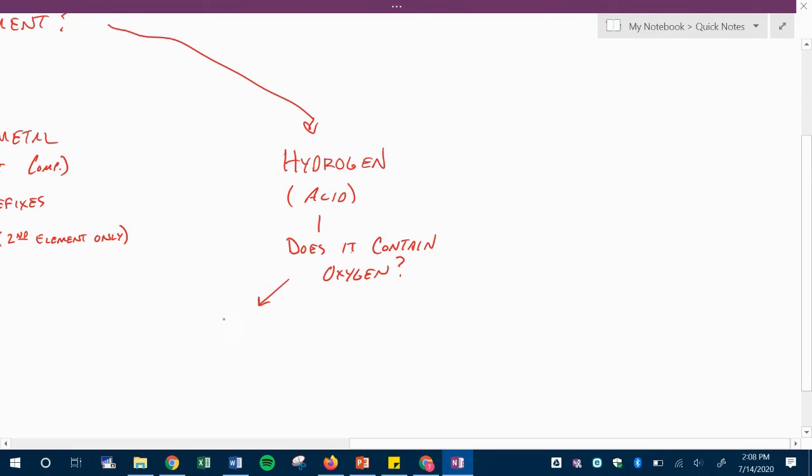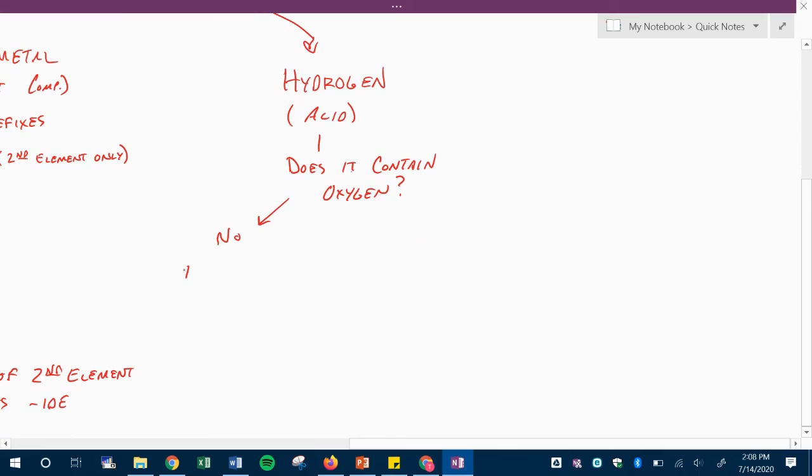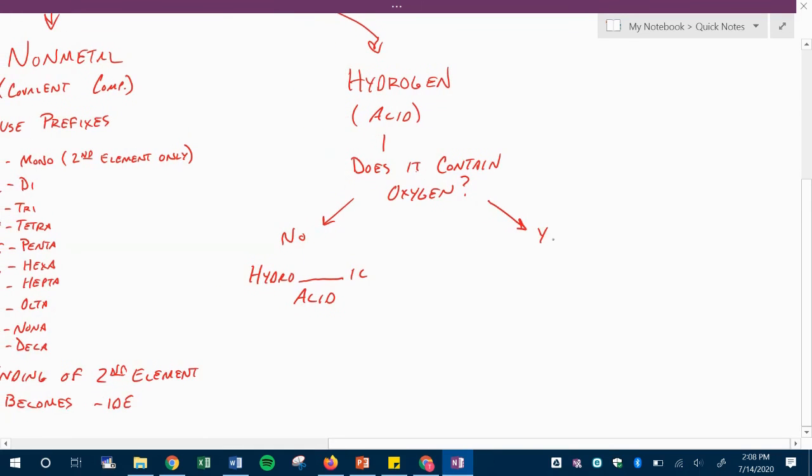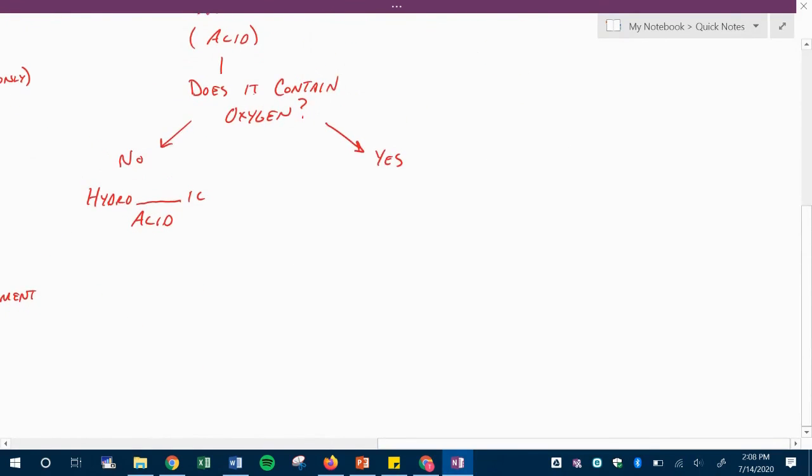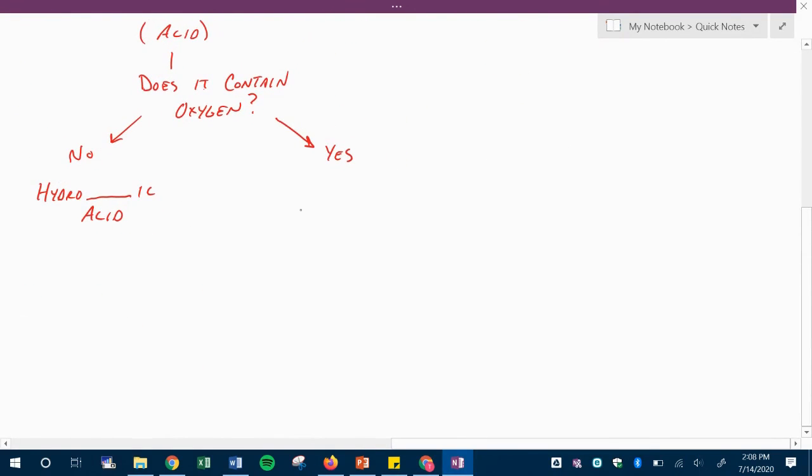That means that it's a pretty basic thing. It's hydro something ic acid. And if it's yes, it does contain oxygen. Ooh. Remember, that means it's a polyatomic ion. And so then it's